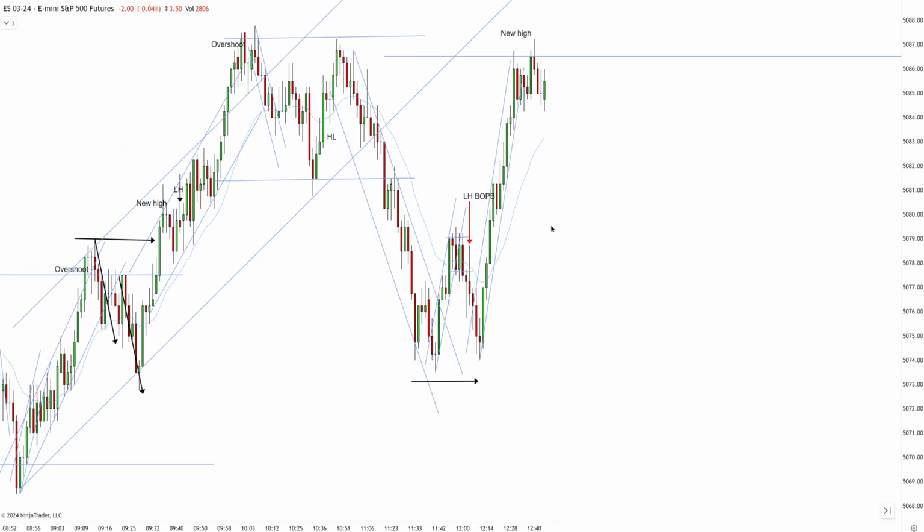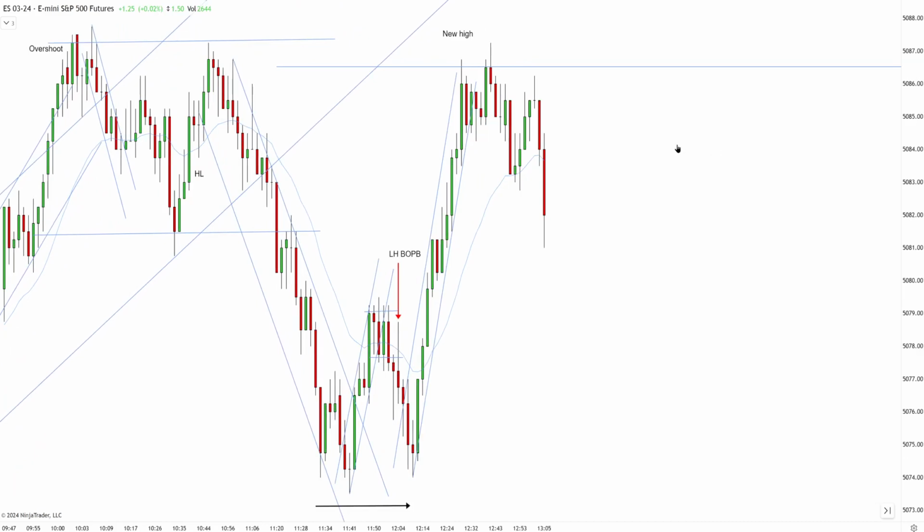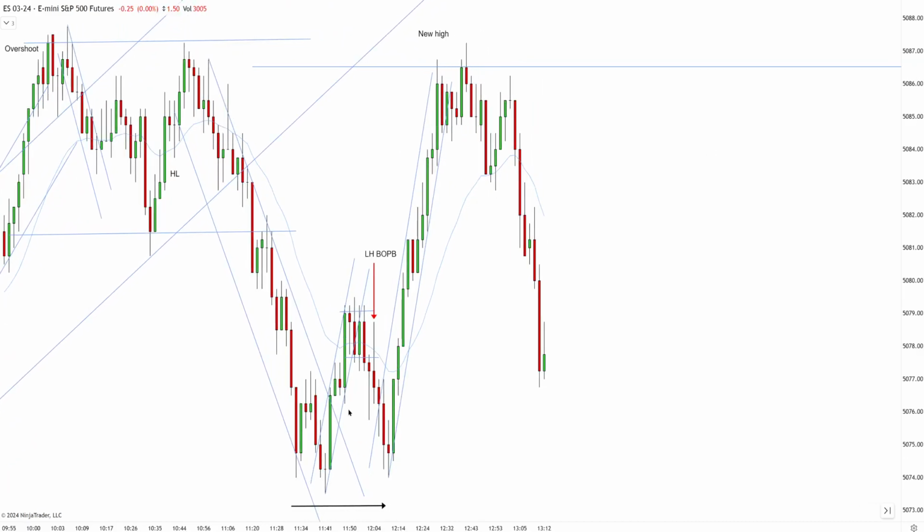Unfortunately, these patterns are the easiest to trade when everything aligned, but there was no two-legged pullback, no pattern here, high probability one, so I gotta be careful. Let's see what's gonna happen. Okay, and market is reversing down. The bulls attempted to get a new high, almost reached it, but at this point, you can no longer expect